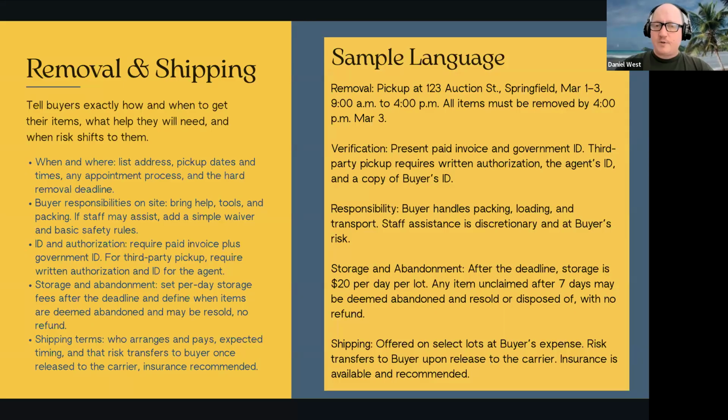And you can contract with a third party. You can just make recommendations. Back in the day, companies like Craters and Freighters would be more than happy to be named as the preferred shipping carrier for a particular auction. Either way, you'd find a local person who's willing to do packing and shipping, or a local company, and you can still recommend them. But again, the buyer still is releasing the goods. They're providing authorization for you to release it to their agent with whom they are contracting, right? Where the relationship is between the shipper and the buyer, not so much the shipper and the auctioneer.